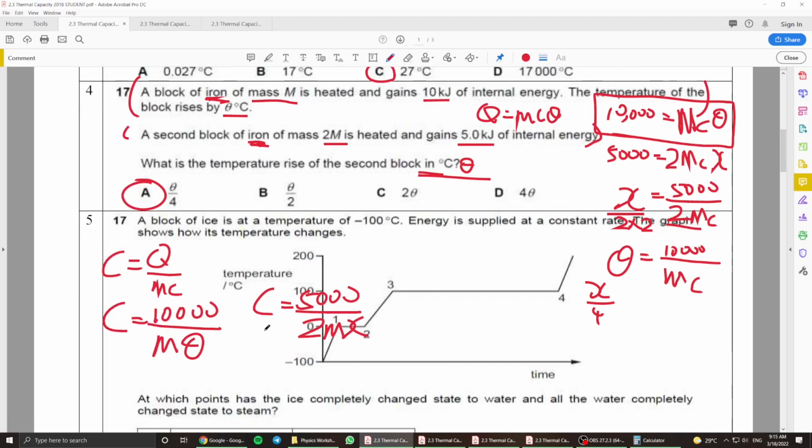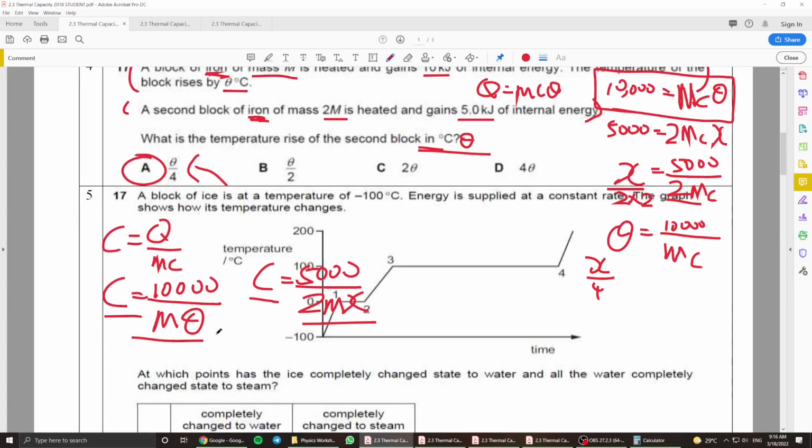If I compare these two, since this is C and this is C, I can actually equate these two things together. Making X the subject here, I'll be able to find that theta will be divided by 4 as well, which is yet again going to be A. So it depends on what you're going to do. If I were to go for the full equation here, it will be something like